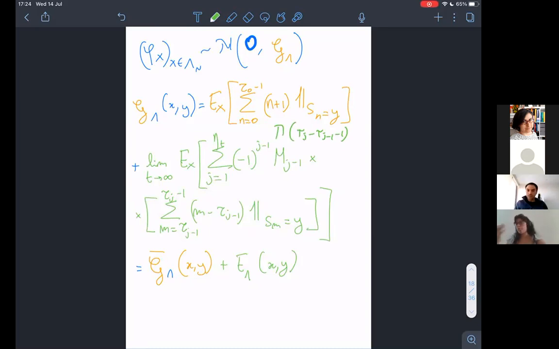So yes, they do matter in the proof. One thing you can say, and that helps us, is that if you stay for 2 time steps outside of lambda, this m_j is going to be 0, because tau_j is equal to tau_{j-1} plus 1. So this expression is going to be 0 whenever you are for 2 consecutive time steps outside of lambda. So they matter up to a certain extent, if you are close to the boundary. Exactly, or close to the boundary, yes.